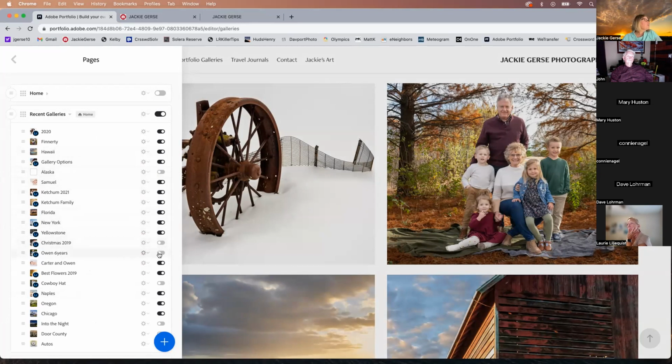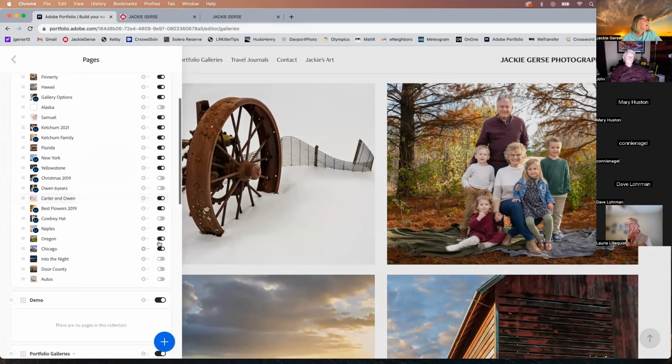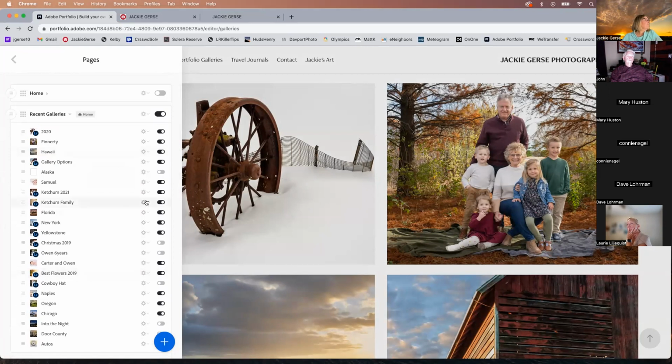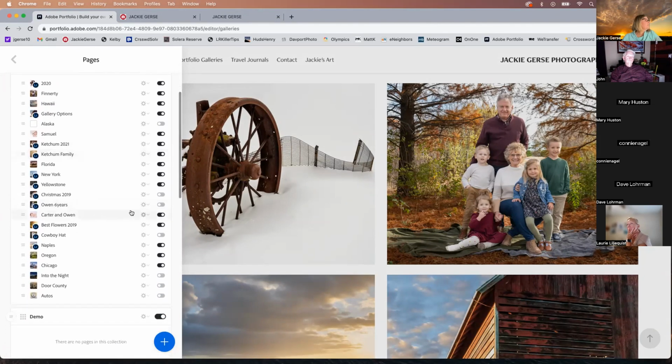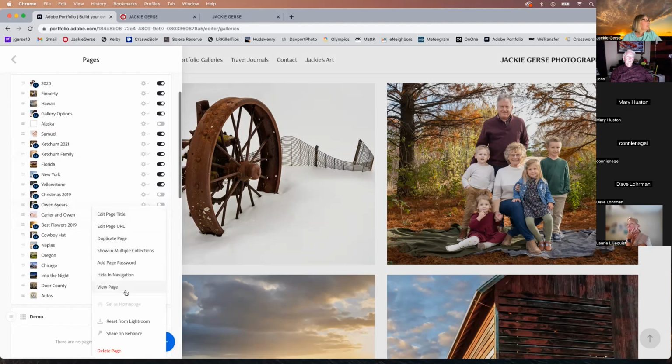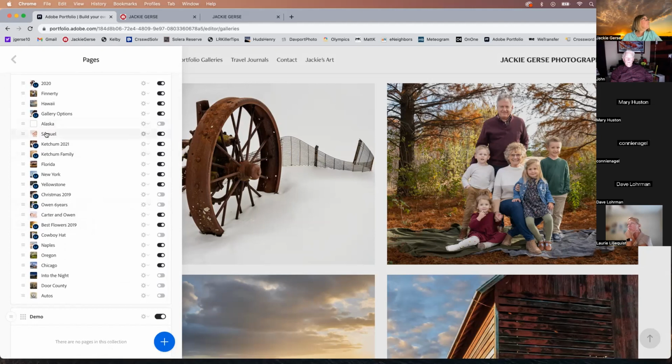And some of them are just old, so I turned them off and didn't delete them, but you can delete them. So if I chose to say, delete this one because it's off, I just come over here and at the bottom it says delete page. So there's a lot of things. I could add a password. So with any of these, say, for example, this one,